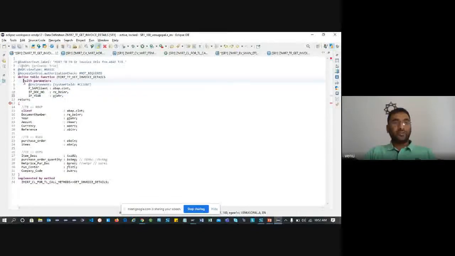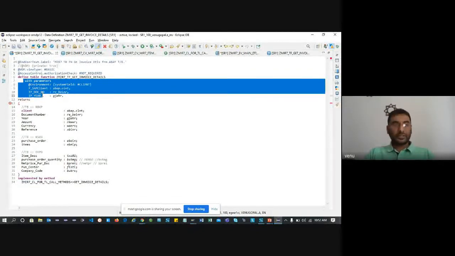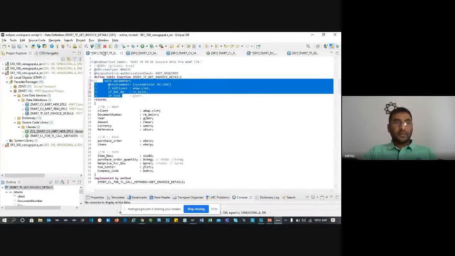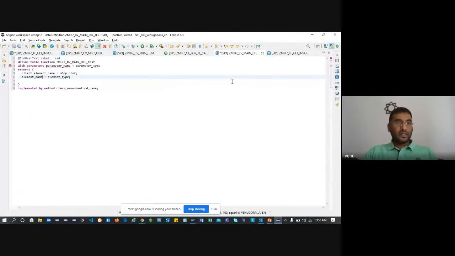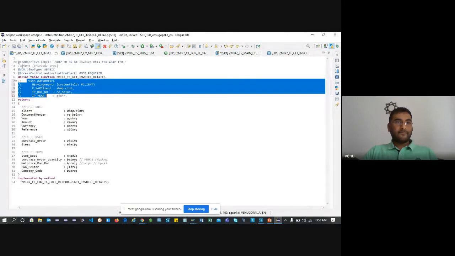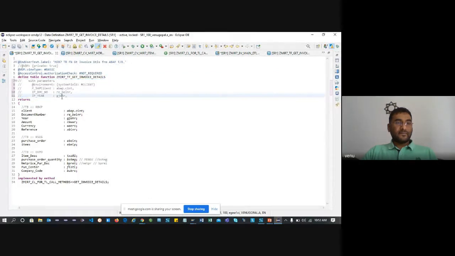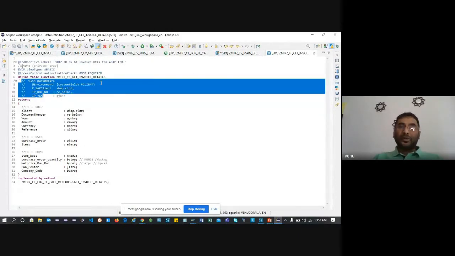Those parameters are not defined, so just one second. It will prompt you that the input parameters are the document number and the year to pull these values.